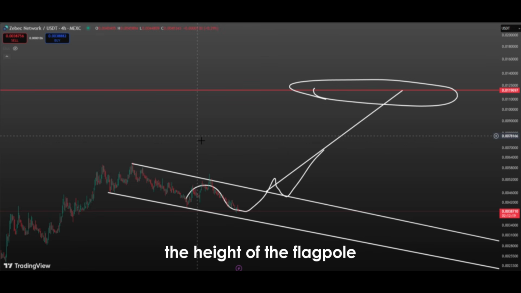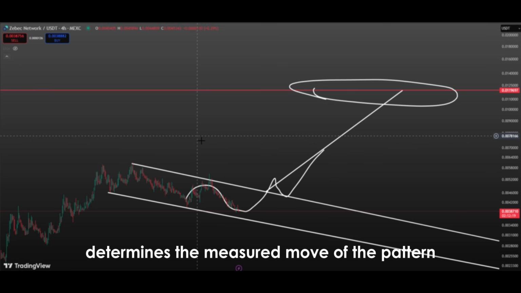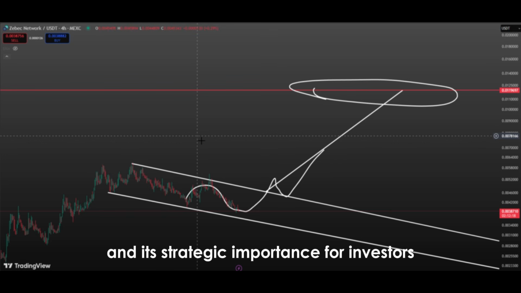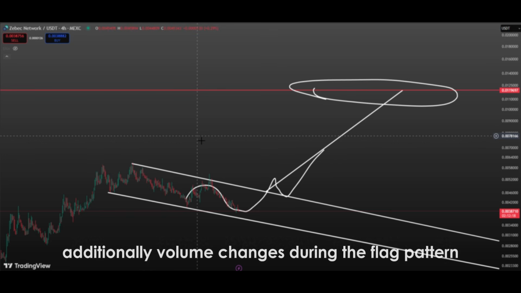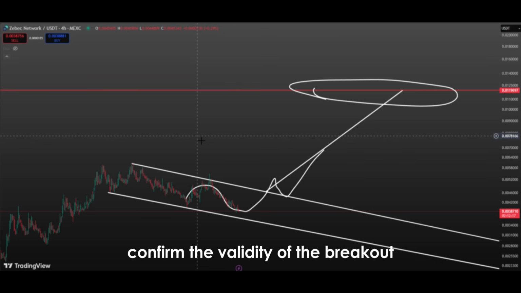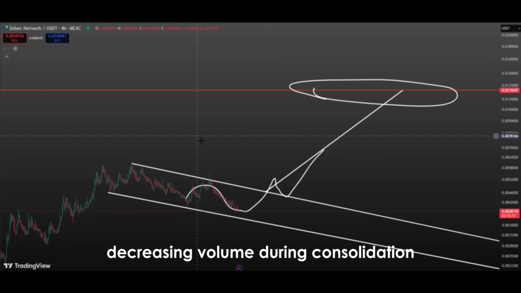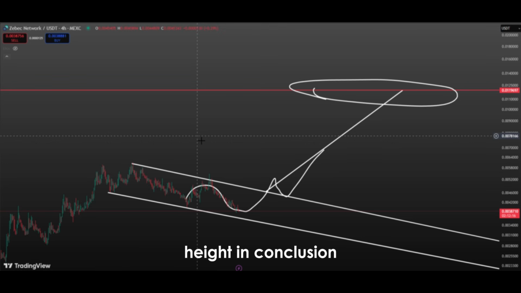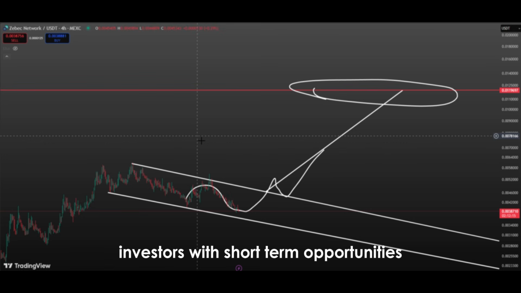The height of the flagpole determines the measured move of the pattern, and the likelihood of the price reaching this level is high. This enhances the pattern's reliability and its strategic importance for investors. Additionally, volume changes during the flag pattern confirm the validity of the breakout. Decreasing volume during consolidation and increasing volume at the breakout indicate that the price is likely to move by the flagpole's height. In conclusion, the flag pattern provides investors with short-term opportunities and serves as a strong indicator for understanding